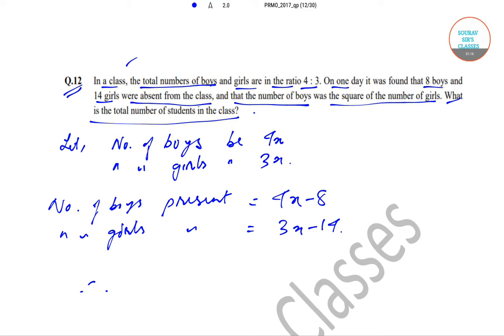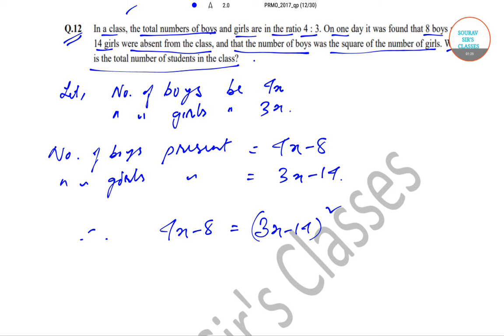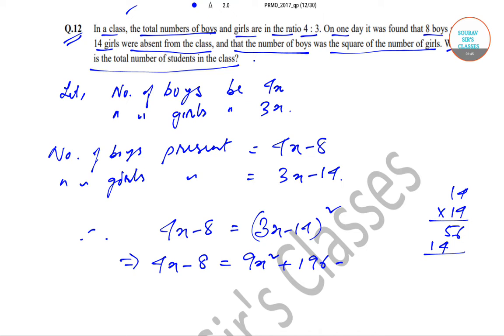And it has been found out that the number of boys, which is basically 4x minus 8, is the square of the number of girls, which is thrice x minus 14 whole square. Okay, so now let us find it out. So this would be 4x minus 8 and this will be 9x square, and 14 into 14, how much will be 14 square? Will be basically 196, and then we have 14 into 3 42, 42 into 2 will be 84, minus 84x. So this will be 9x square minus 88x